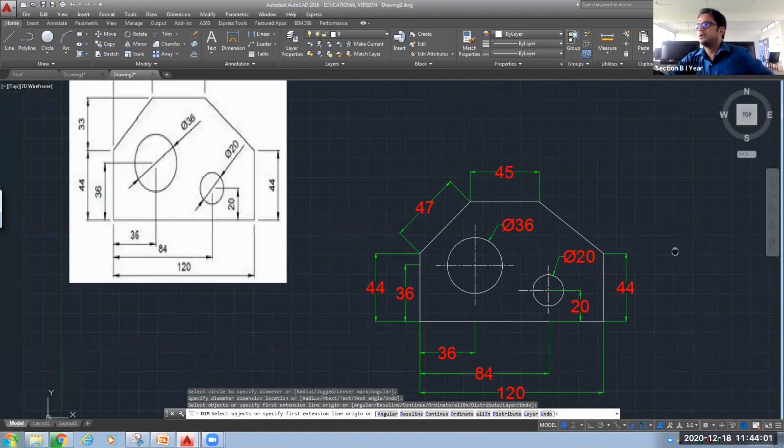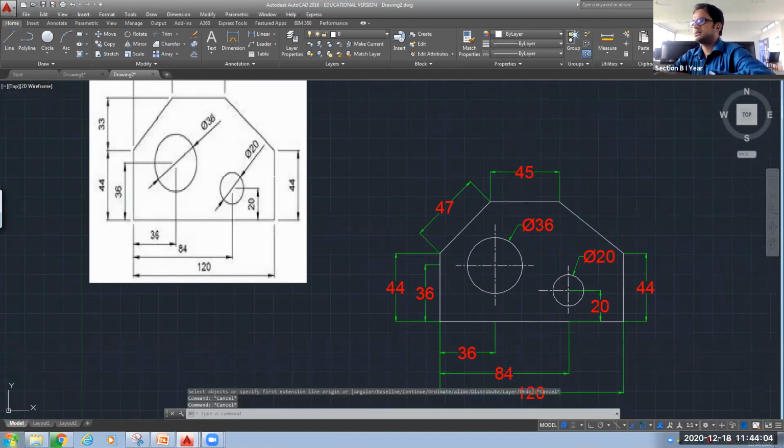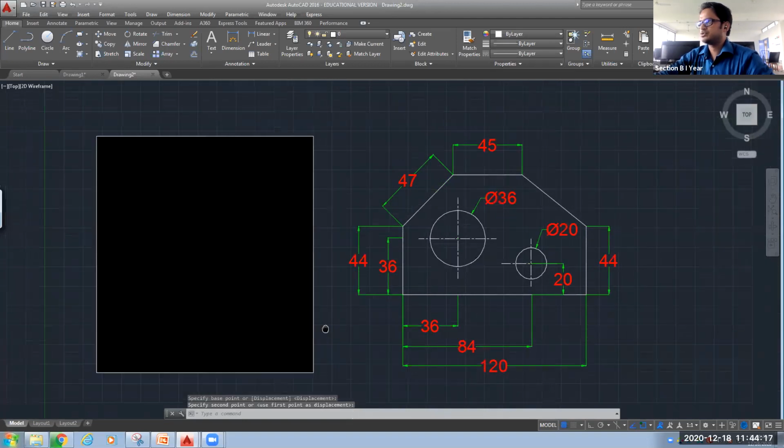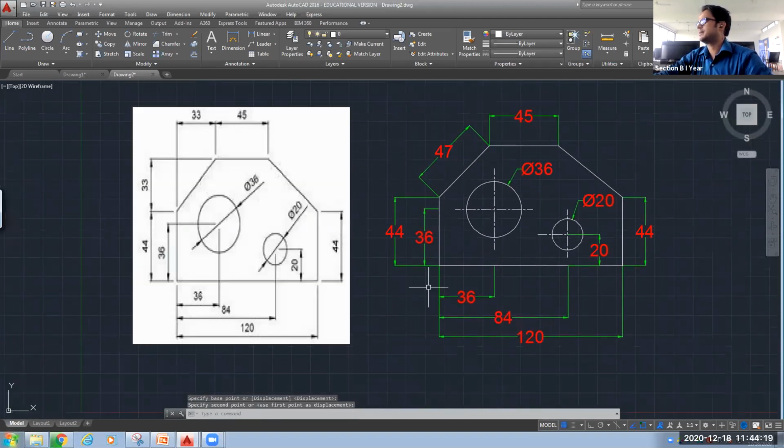We can bring both figures side by side. Select this object, I want to move it. Select the base point. I'll select it here and bring it down just next to our figure, like this.